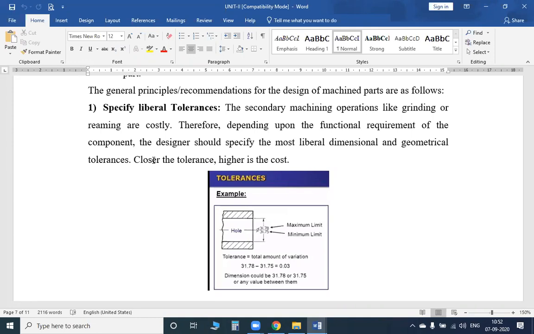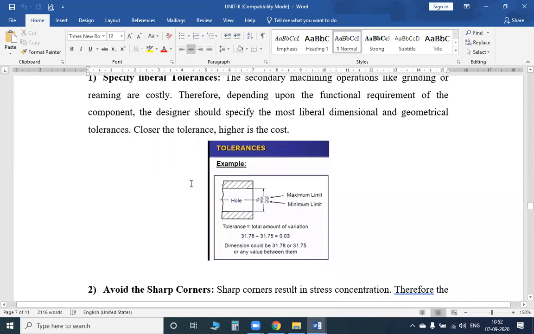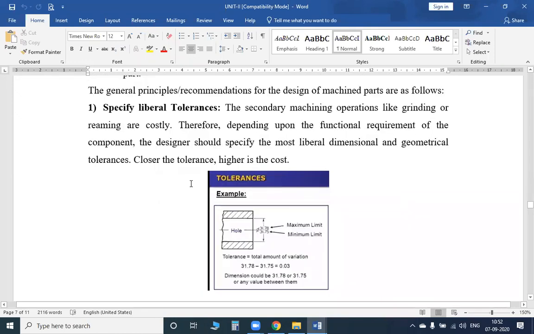So when a certain care is to be taken for a certain work piece, what will be the cost? The cost will automatically increase. Okay, students. So always a company tells what are the specific, the liberal tolerances. We will ask the customer, okay, you had given this dimension, we are ready to do, but what are the tolerances you want to give? Whether it is actual dimension or you want to give us any tolerance. If you are not giving us any tolerance, our cost is this one. We can't do for a certain cost. So this is the thing what you are going to explain to your customer. Okay, na? So this is the part. So the second one.